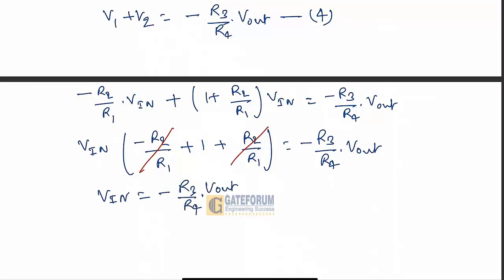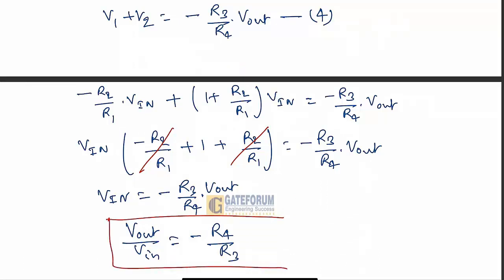But as per the question, we need to find out the ratio of V out by V in. So for this we need to find out the terms. So this is giving here V out by V in is equal to minus R4 by R3. So we got this V out by V in as minus R4 by R3,